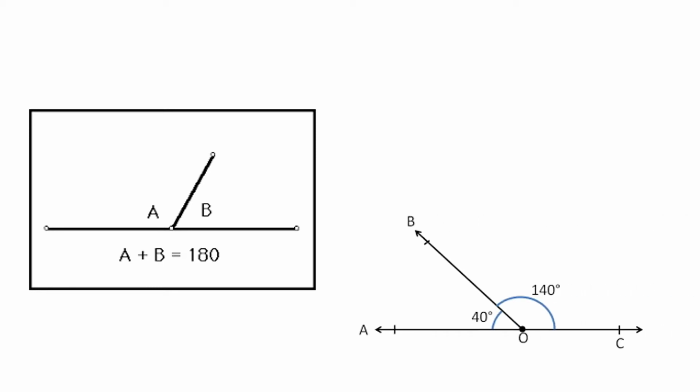Here also there are two adjacent angles. Each angle is 40 and 140 degrees, and the sum of these two angles will be equivalent to 180 degrees. So when two adjacent angles stand on a line, their sum is 180 degrees and they form a straight line, such angles are called a linear pair. So let us see a question based on this, a very important question, children.